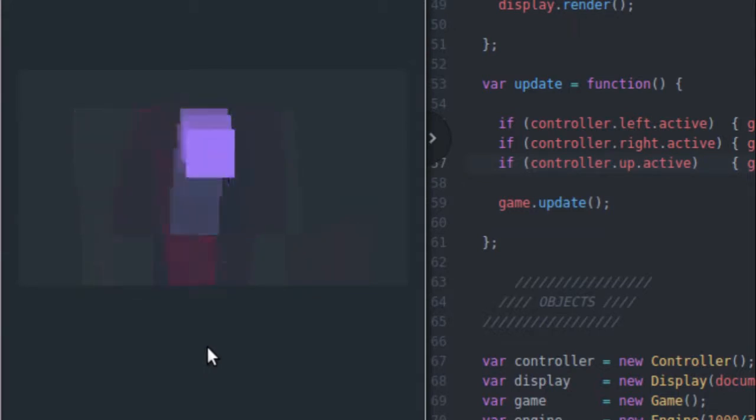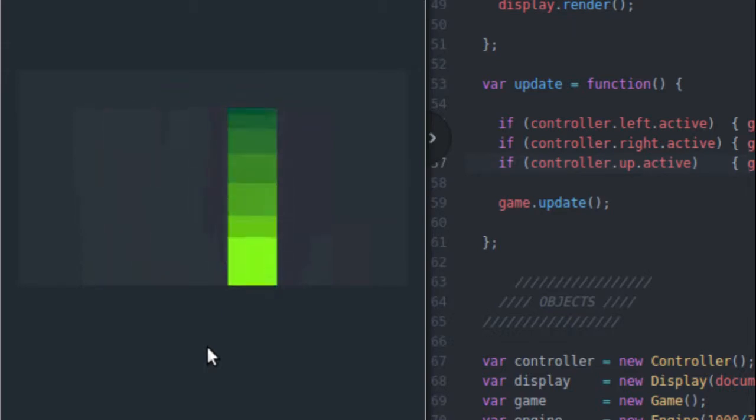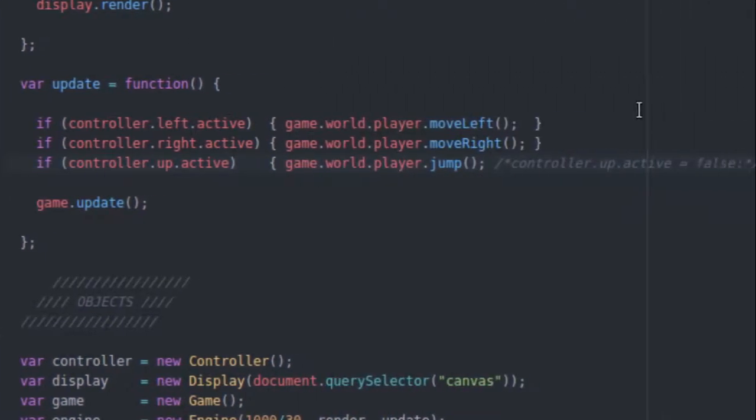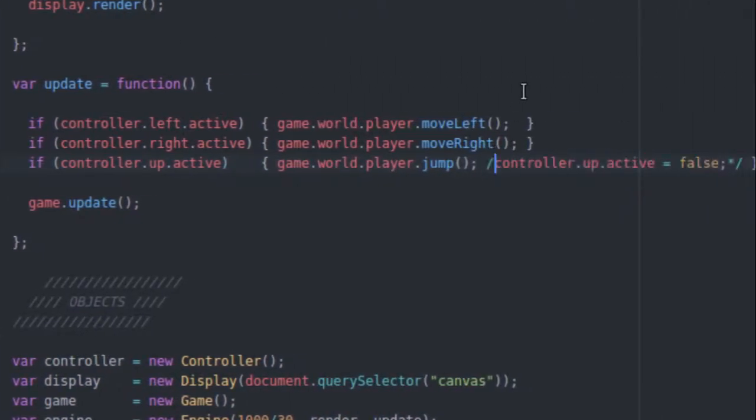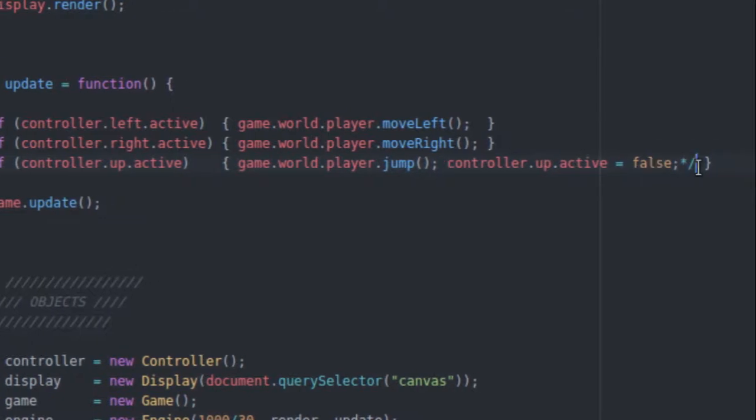Now this might be desirable for some people. For some games, this might be what you want. But for other games, you're not going to want to keep on jumping just because you have the key pressed down. So if that's something you want in your game, not having the player jump up and down continuously as